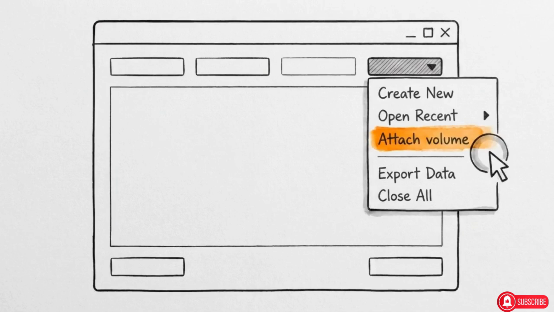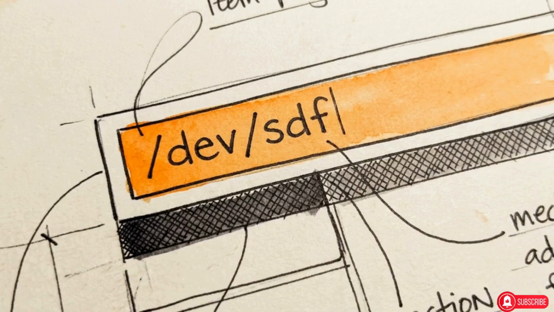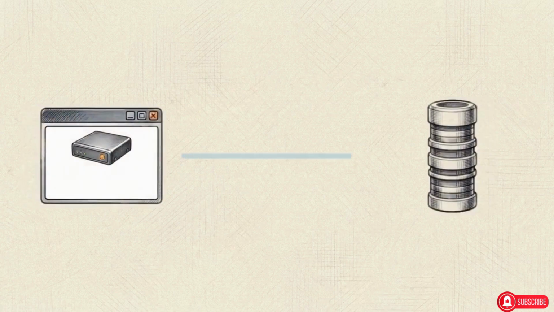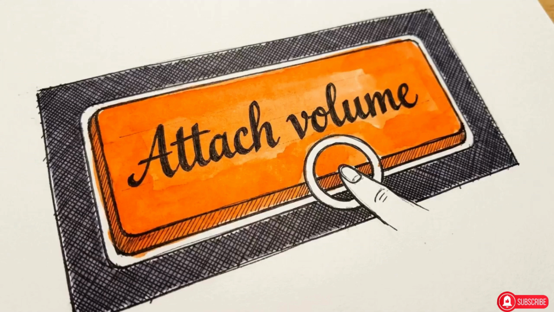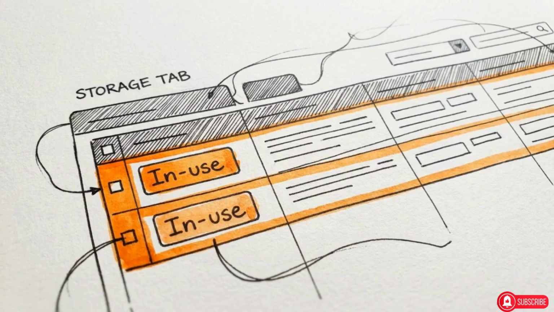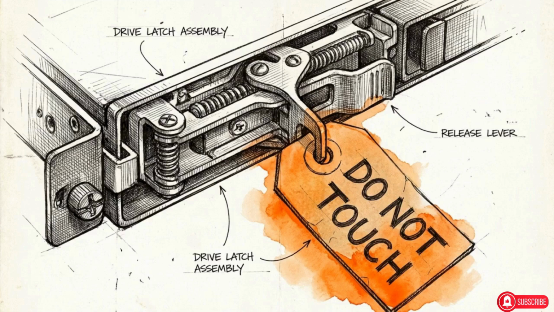Select it, open the Actions menu, and choose Attach Volume. A drop-down menu will appear showing the active servers in that specific zone. Select your target EC2 instance. AWS will prompt you for a device name, such as /dev/sdf. This is the identifier your operating system will use to recognize the hardware, so specify it here and finalize the attachment. Switch back to your EC2 instance's Storage tab. You will now see two distinct volumes marked In Use. You have successfully expanded the storage capacity of a running server without powering it down or touching a physical drive